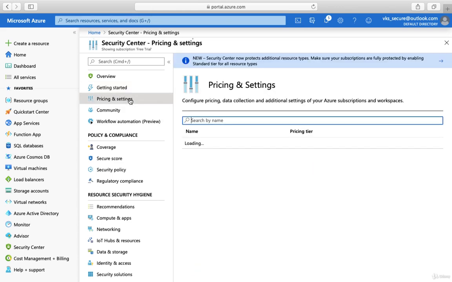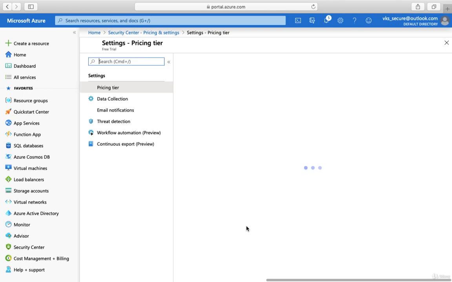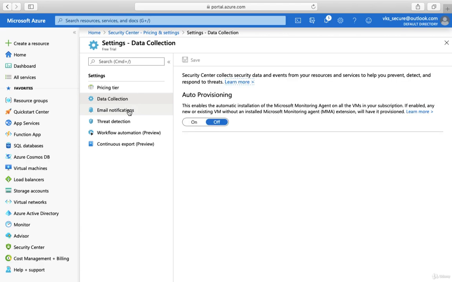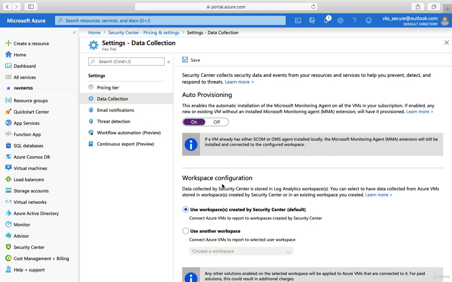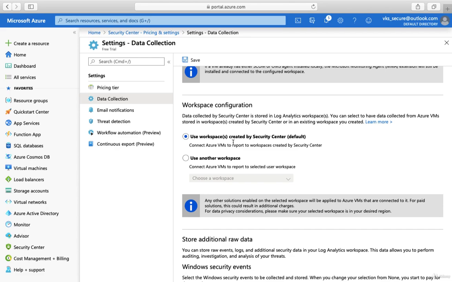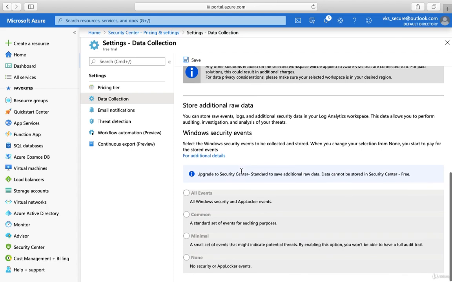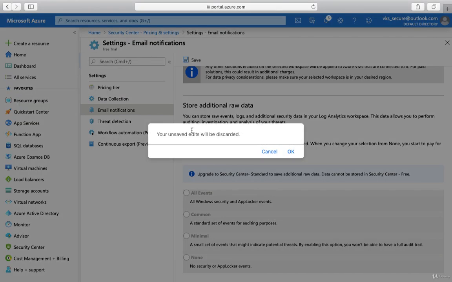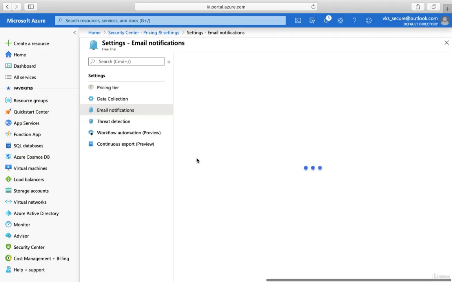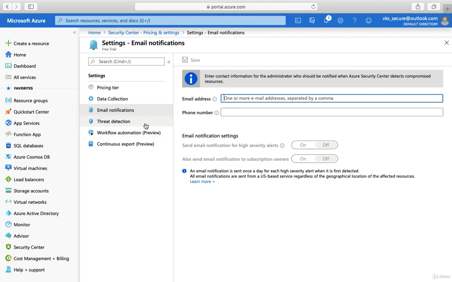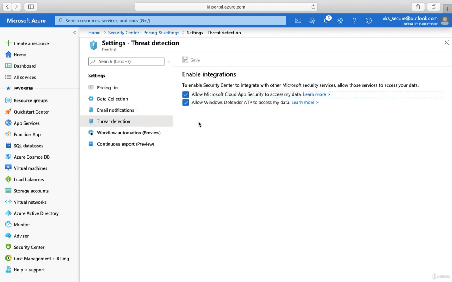And then there is pricing and settings. If I select the free tier, I get all the details, the data collection, and whom I want to notify if anything happens. If I click here, I get information on which workspace I should use, and which events I would like to get: all security events, common, minimal, or none. All these options are there, and then whom I want to notify. All this information is available over here. And then in case of threat detection,